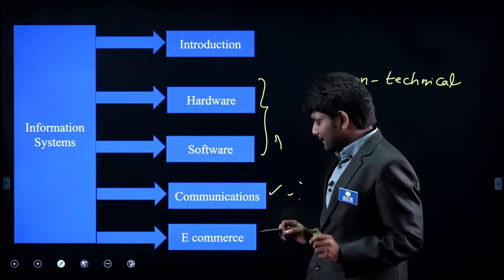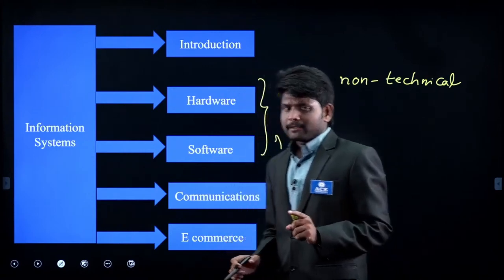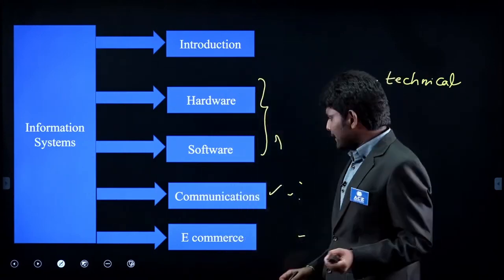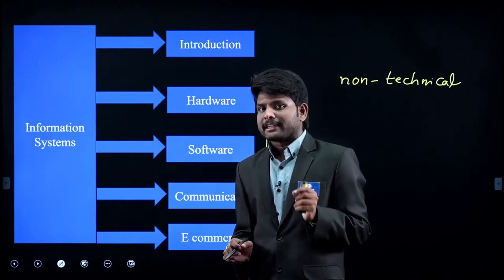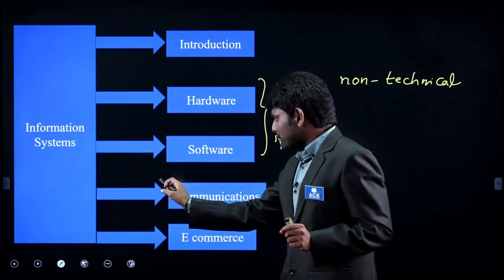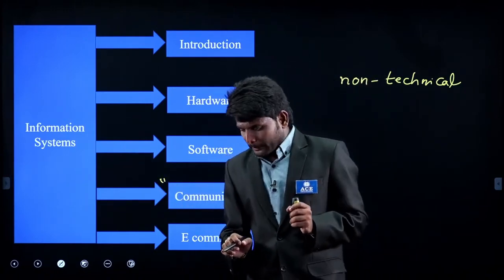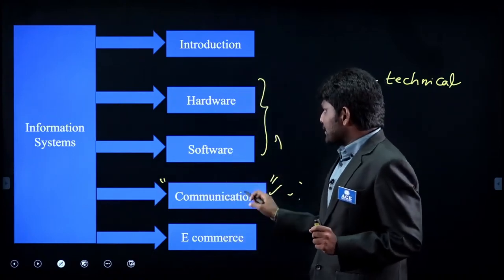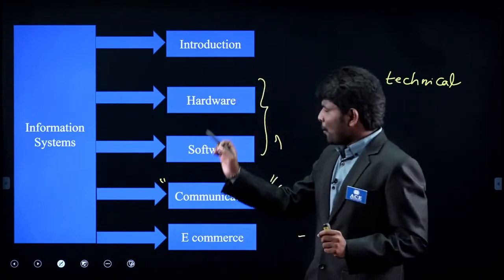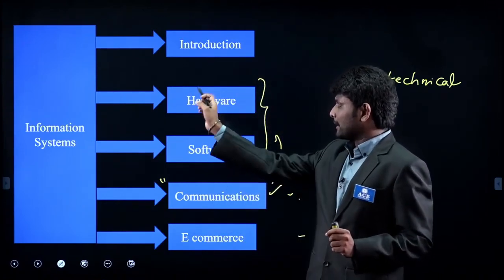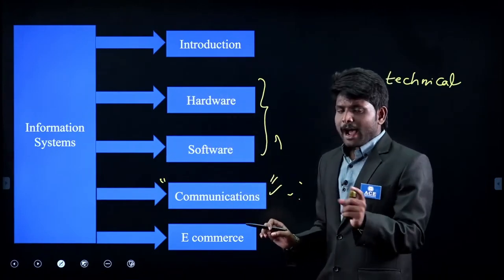Coming to communications, in the syllabus they have mentioned an overview of communication networks. If you are a computer science graduate and have studied computer networks or data communication networks in your graduation, questions from this topic are very easy. You can easily answer them. So what I am trying to say is that hardware, software and communications related content is covered in other subjects. I am repeating this point again: whatever content and questions appear from hardware, software and communications will be covered in other subjects.